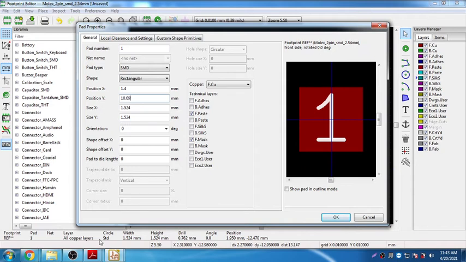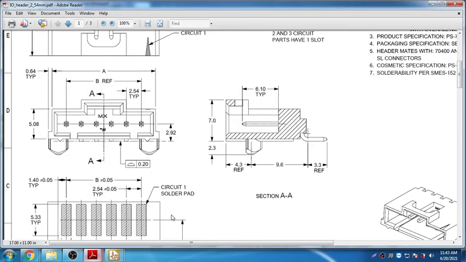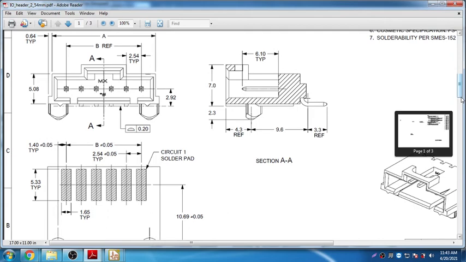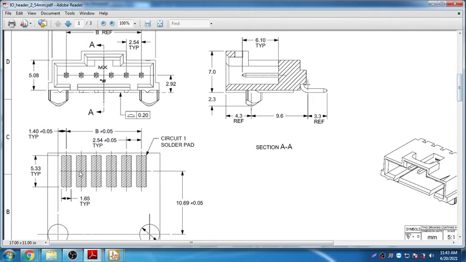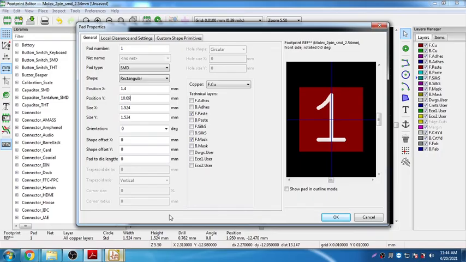Okay, look at this. This was 10.69 from the center, and almost from the center it is 1.4 mm towards the x-axis. So I'm giving this dimension as 1.4 mm.